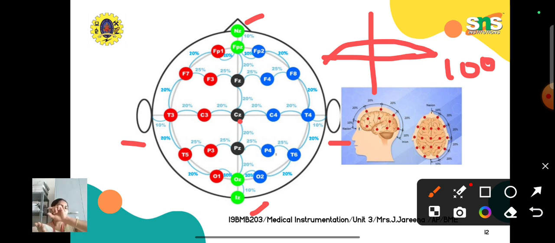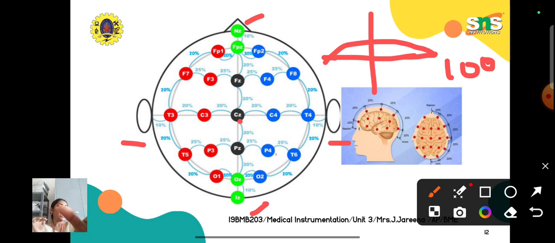So at a distance of 10 centimeters from the left auricular point, you place the first landmark. You mark it, and then from that first landmark you go with 20%. 20% of 100 is 20. That is, 10 plus 10 is 20, that is 20%. So from the first landmark you measure 20 centimeters and mark the second landmark,